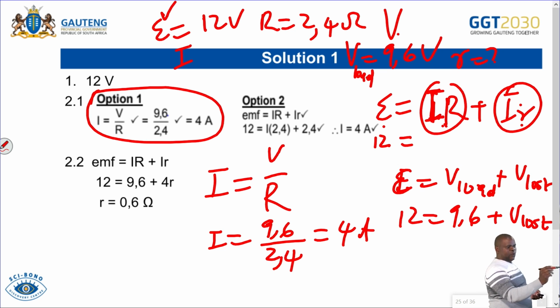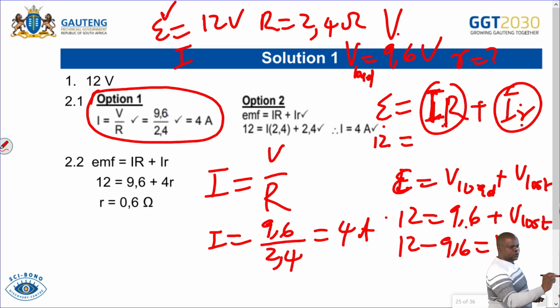Then when we take this side, we're going to say 12 minus 9.6 is equal to V lost. Then V lost